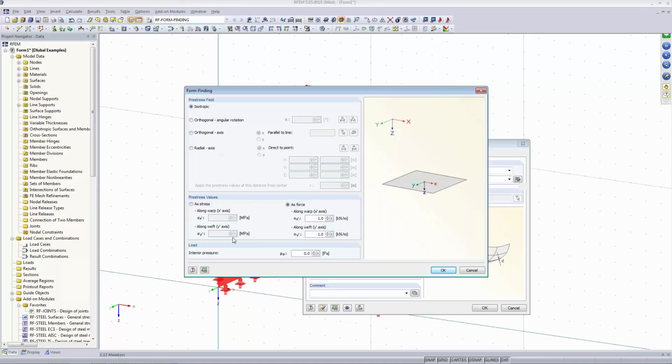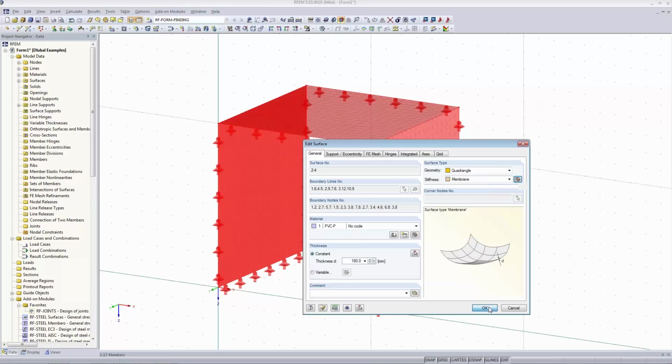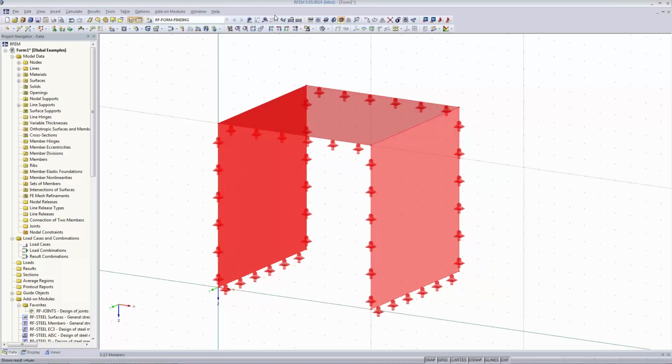And you can always define the prestress as a stress or as a force. What we do is define an isotropic prestress, as a force with 1 kilonewton per meter. That's all we have to do. I close all these dialogues by clicking OK and calculate